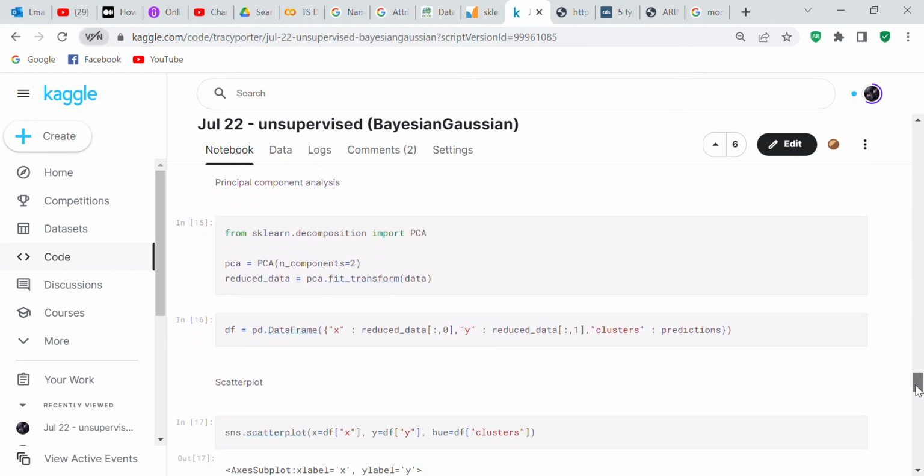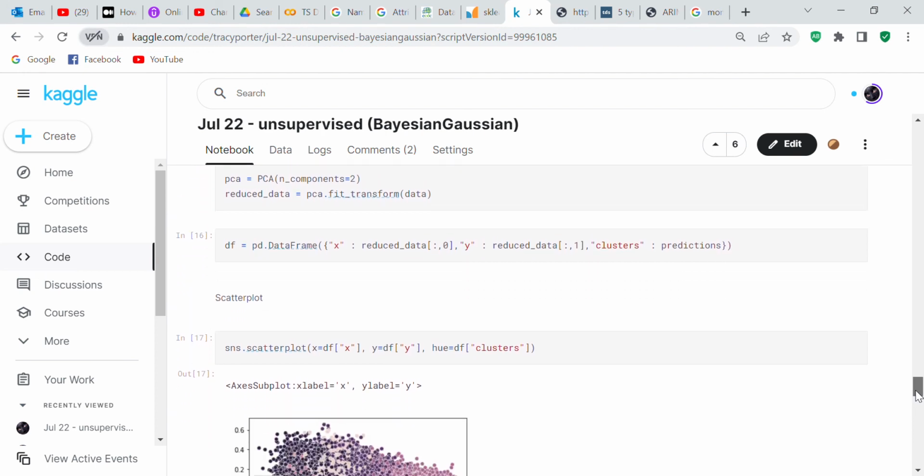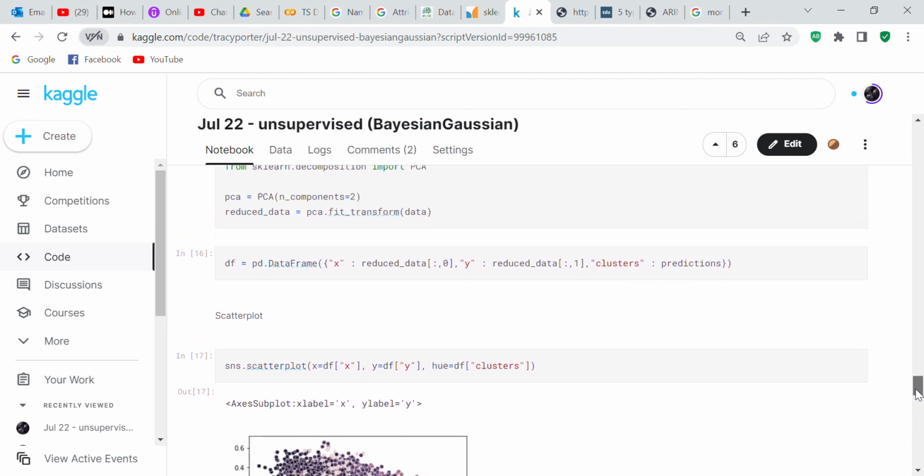We're going to use principal component analysis, and what the principal component analysis does is it reduces the data frame down to 2 features, which allows you to plot it on a graph. So that's what we've done.